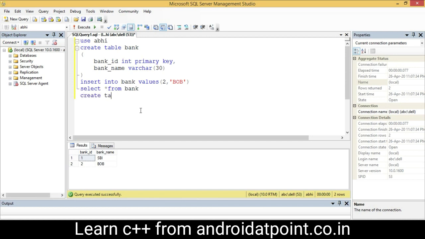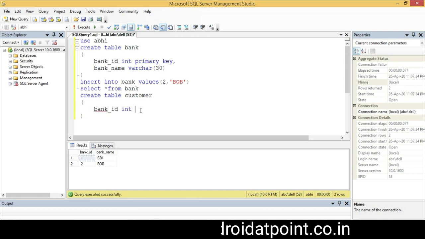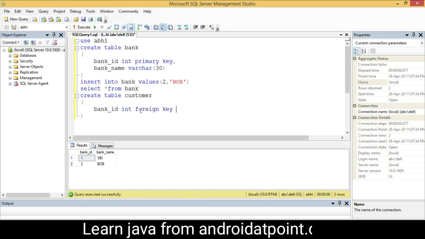Just write here, create table customer, and write here bank underscore ID, int foreign key references bank, and then customer ID, int, customer name as varchar 30.